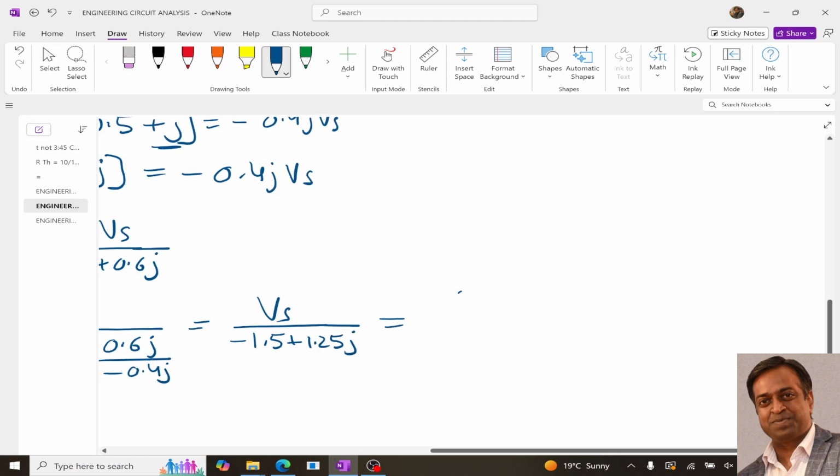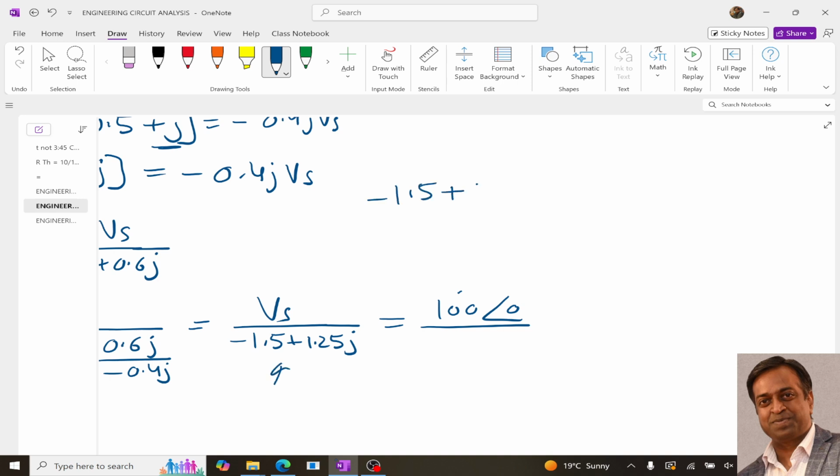Substituting it over here, 100 angle 0 upon, now if you convert this 1.5 minus 1.5 plus 1.25j into polar form, you will get 1.95 angle 140. So substituting this,